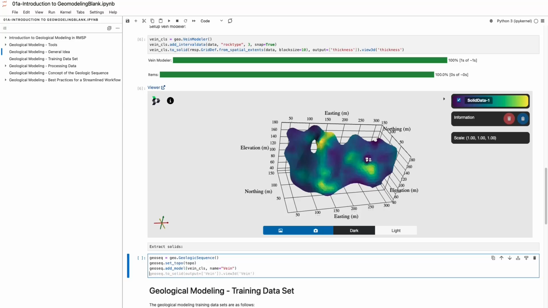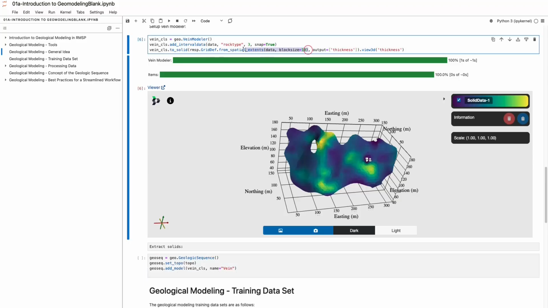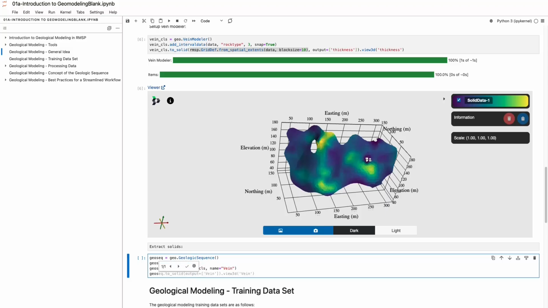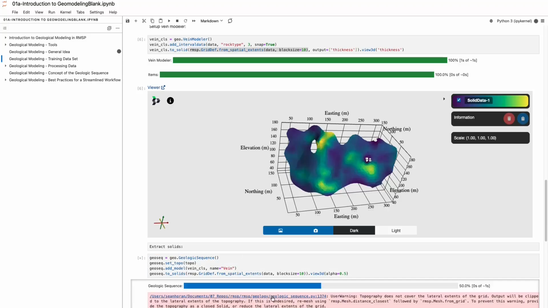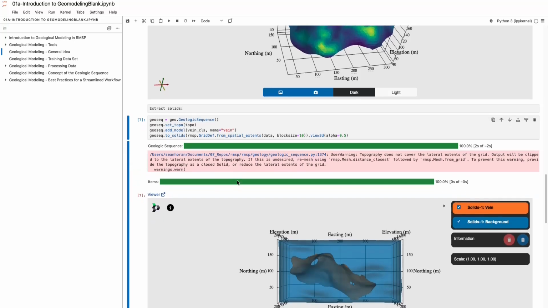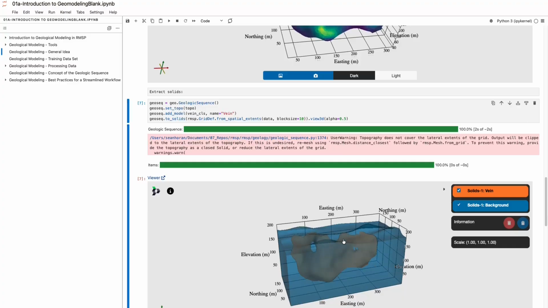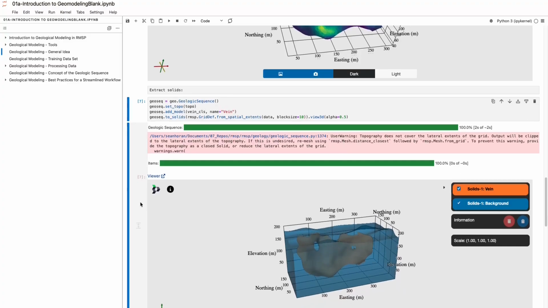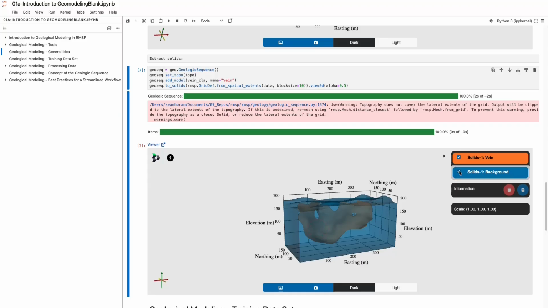And then I will just borrow this line up here. I will go geosec dot to solids this time, because it's going to export more than one solid. And then I'll just go to view 3D, and I'm just going to give this an alpha equals 0.5. It's complaining, but that's okay. It's complaining that my topo didn't cover the whole area. That we can deal with other methods, but there I created my little topography, and there's my vein